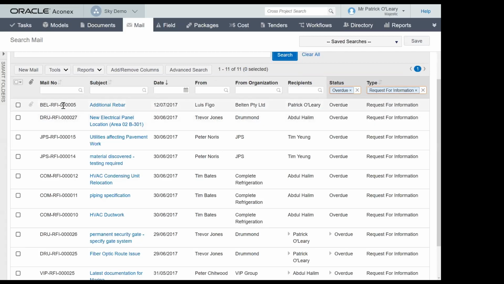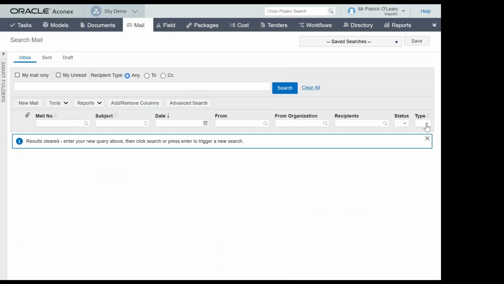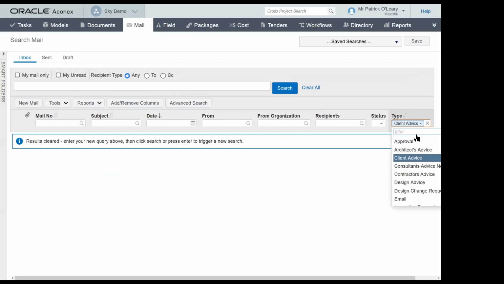You can see the various fields: the subject, when it was sent, who sent it, from which organization, and then the status of that. We could also search for other pieces of correspondence. Let's say it's a client's advice, because this is also very important. Client or consultant advice.